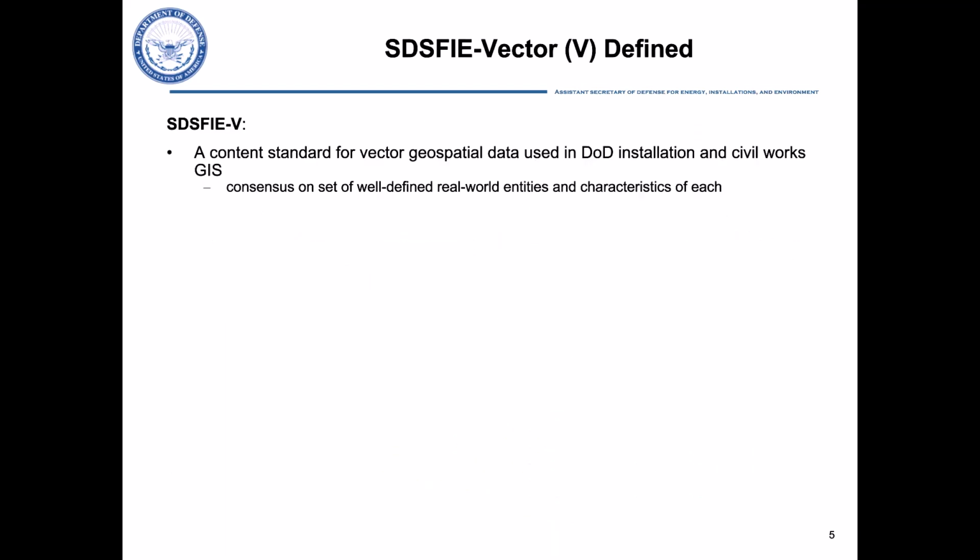SDSFIE-V is a content standard for vector geospatial data. SDSFIE-V provides a shared, standardized schema for the types of geospatial entities and their characteristics, or attributes, which are used in Installation Geospatial Information and Services, or IGINS, and civil works missions throughout the DoD. To be clear, a content standard does not in and of itself contain any data records. Rather, as a consensus data content standard, it provides an agreed-upon structure for the database containers that hold actual data records. This is not unlike a set of spreadsheets, each with well-defined and agreed-upon column headings, but without any values